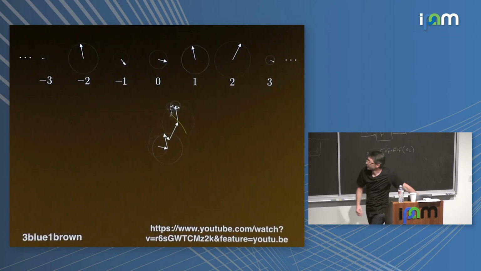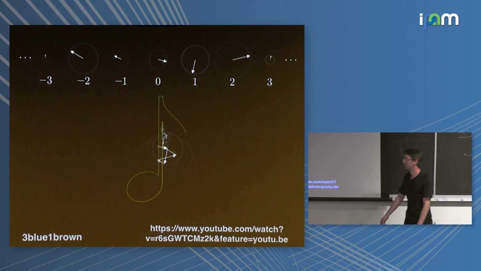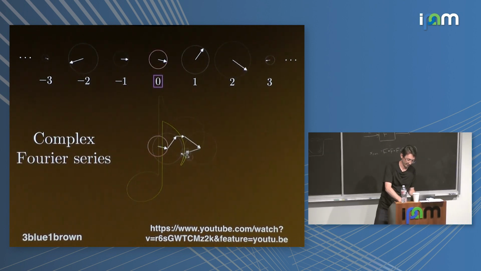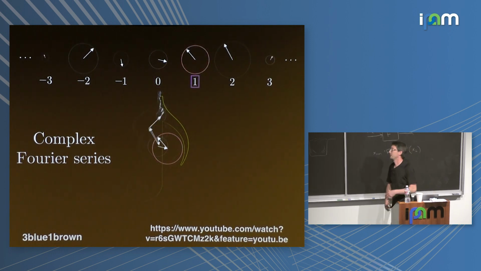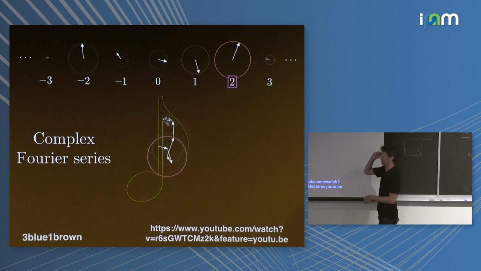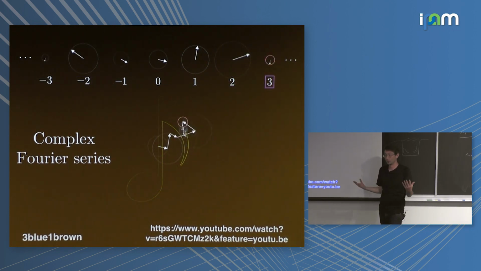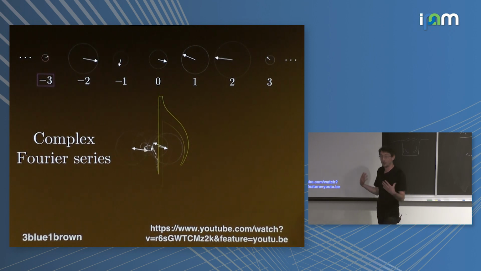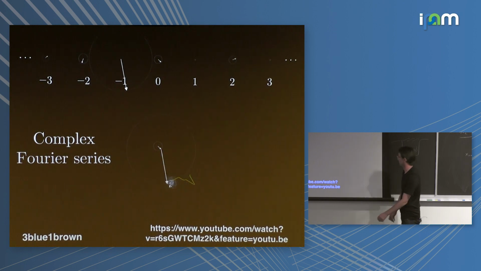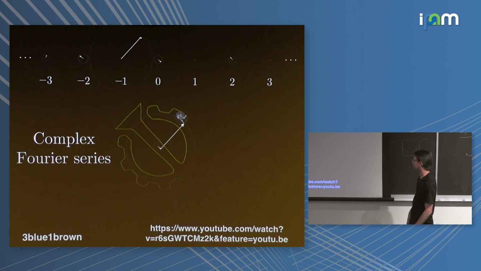This is a video my wife showed me, taken from 3Blue1Brown, which is probably my favorite YouTube channel. I'm going to kill the sound. But basically what it's showing is that you can use these complex Fourier series to essentially approximate any shape. So it's no surprise that you can use these to approximate the orbits of celestial bodies and ellipses very, very accurately. I love this video. This is just fantastic. This is pretty cool.